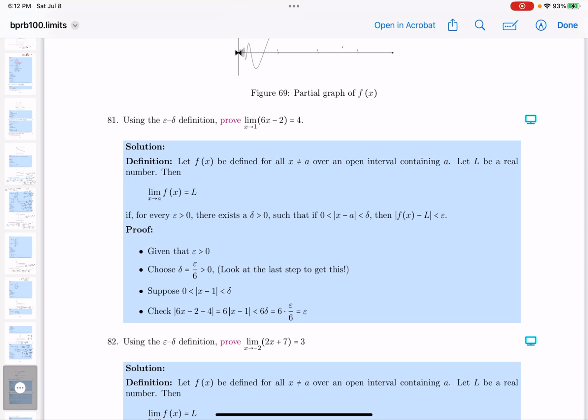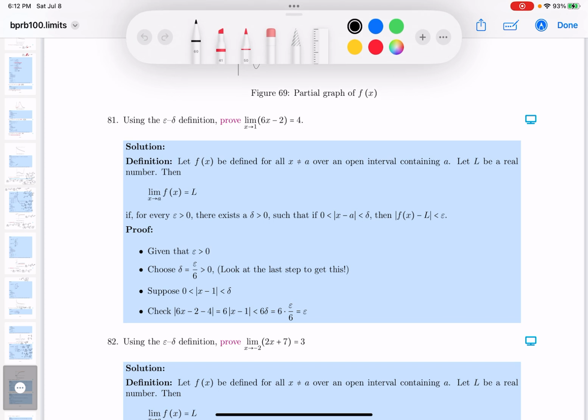Okay, 81, this is where things are getting a little bit tricky. It's the epsilon delta definition of the limit. And they want us to prove that this limit here is in fact equal to 4. And then, certainly if we were just doing this, we'd say, oh,